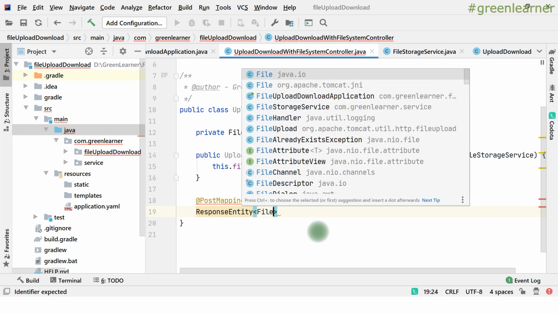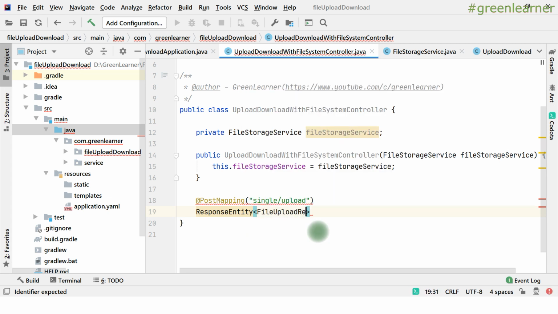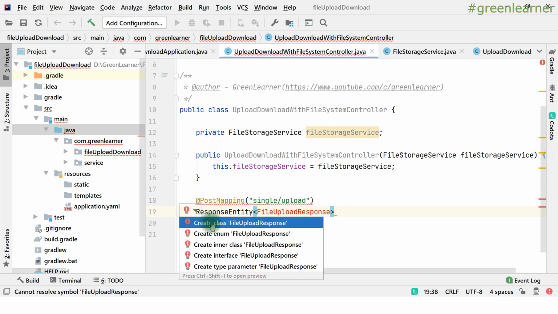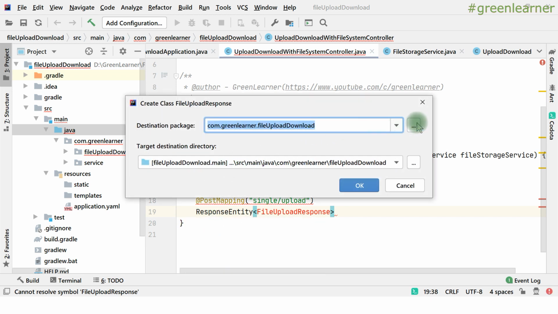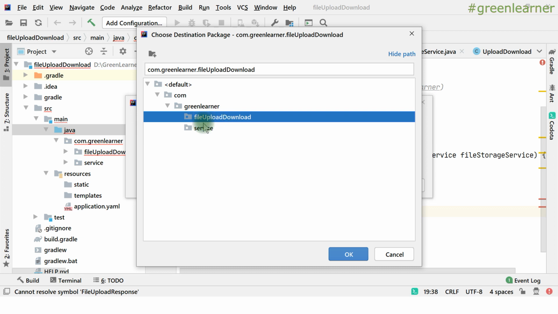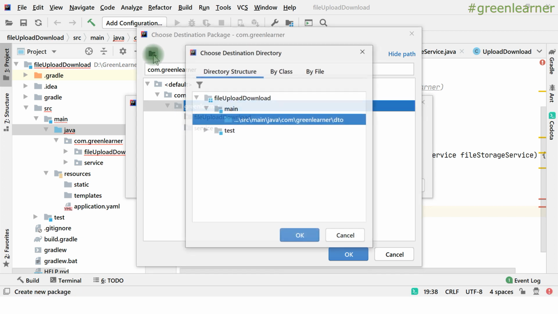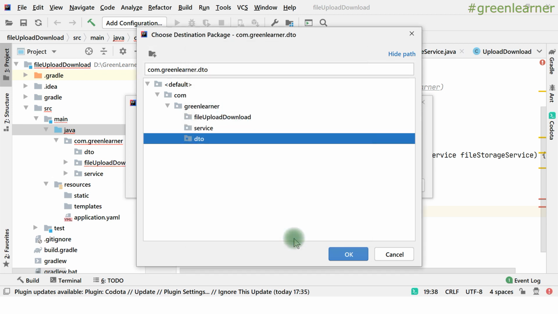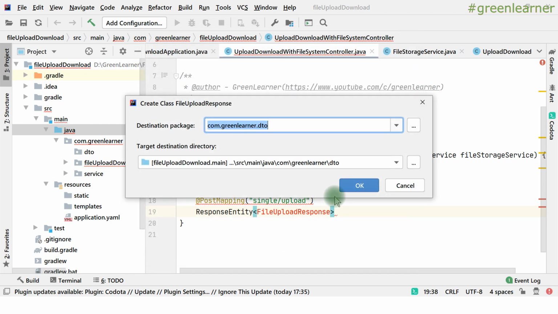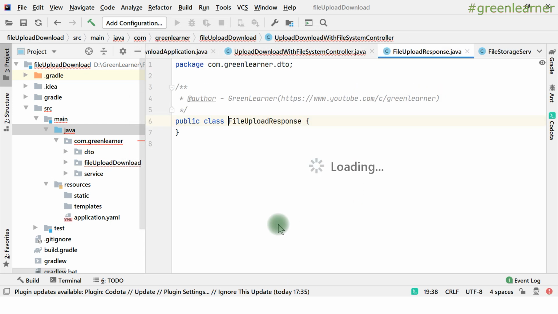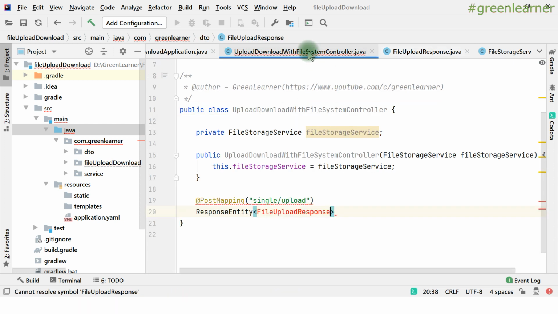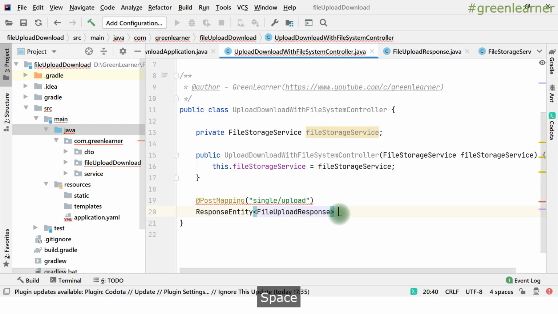So I want to create a new class for this, and it will go under DTO. I need a new package for this. That's correct, so file upload response is created and ready.